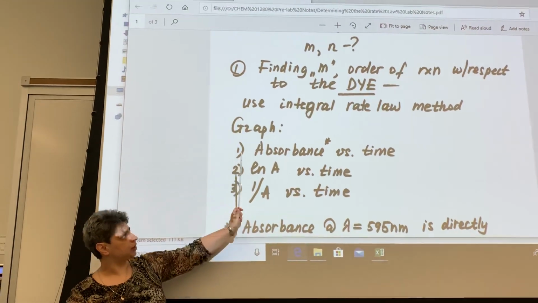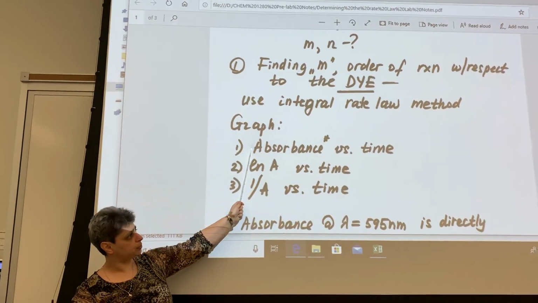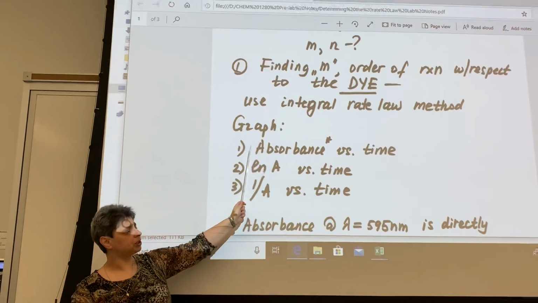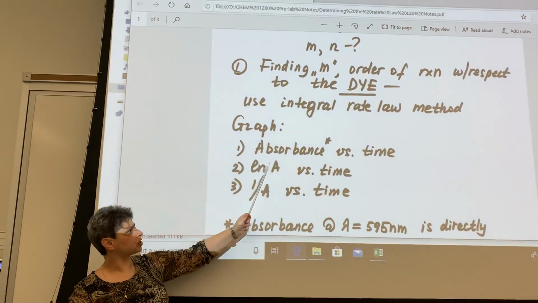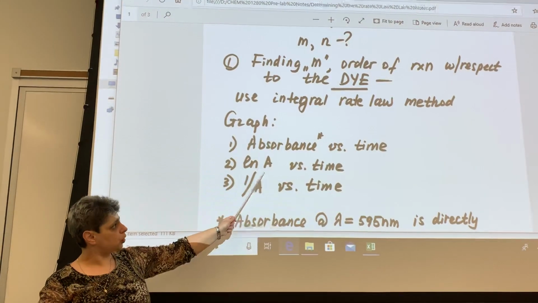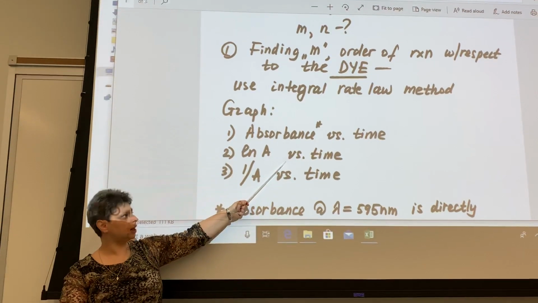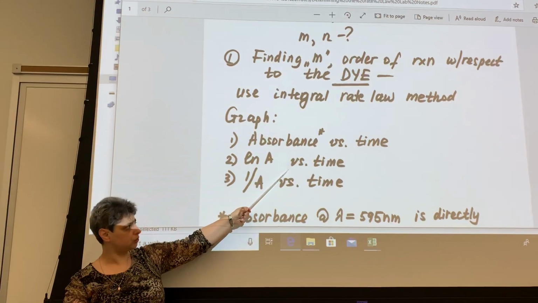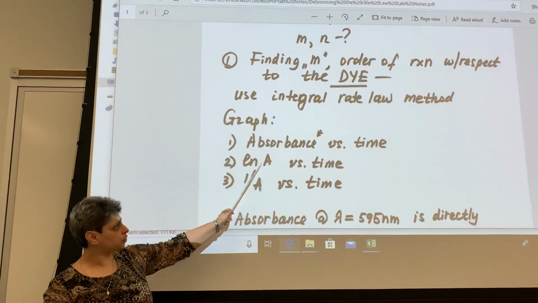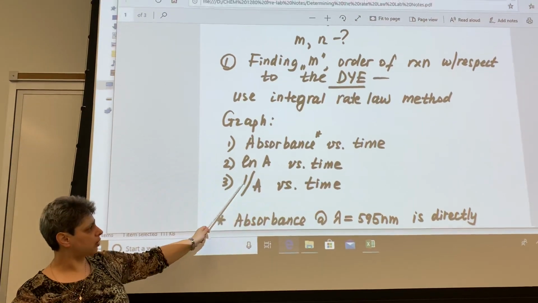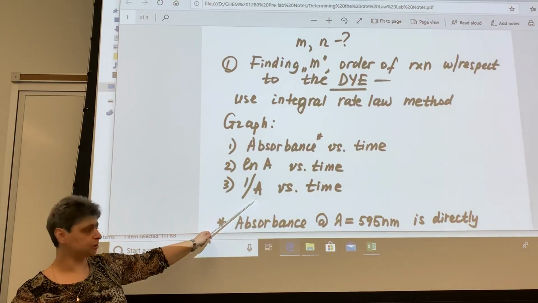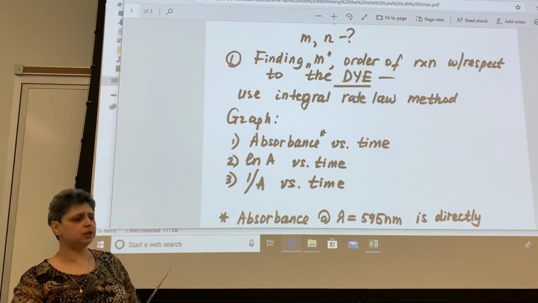If R squared closest to 1 happens to be absorbance versus time, this will signify a zeroth order reaction. If natural log of absorbance versus time happens to be the best linear fit, meaning R squared is closest to 1, then it would be a first order reaction. And then of course if 1 over absorbance versus time happens to be the best linear fit, then it would